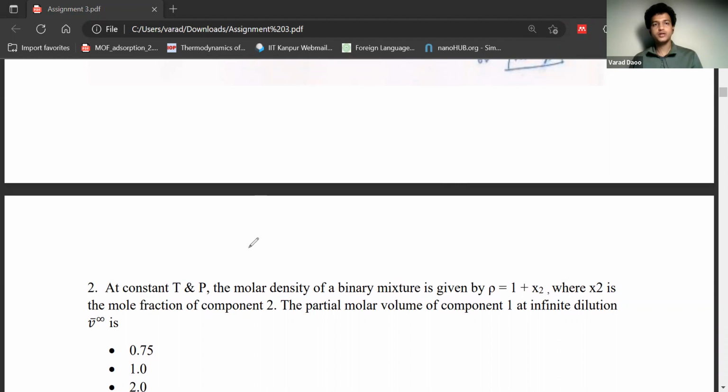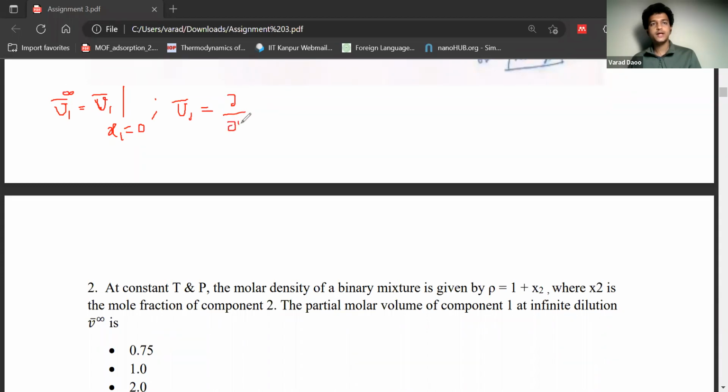Like I said, so here, what we are asked to find is V1 bar infinity. So we'll just do what is V1 bar. So V1 bar infinity will be nothing but V1 bar at x1 equal to 0, right? But what is V1 bar? V1 bar is nothing but